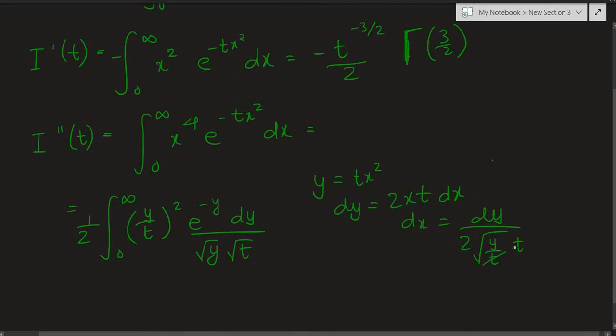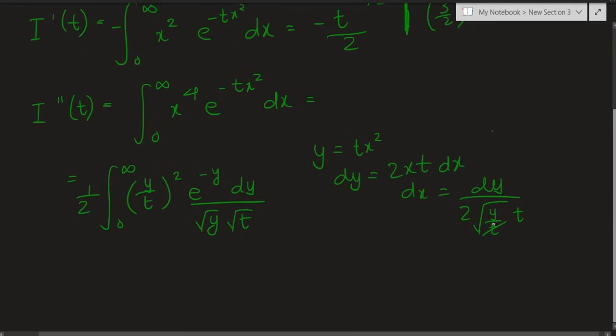This will cancel out with one of these. So now we have half of, we can bring the square root t's outside again. So we have t to the negative 2 power,